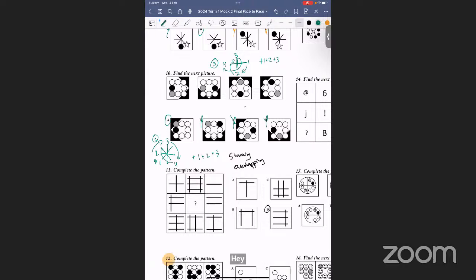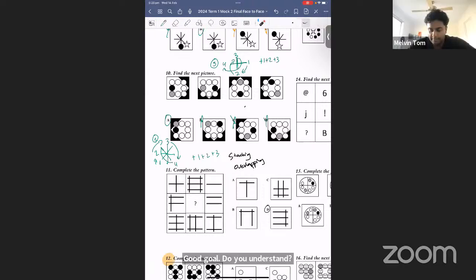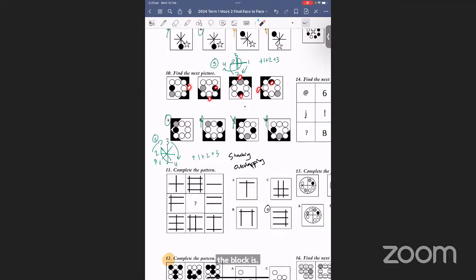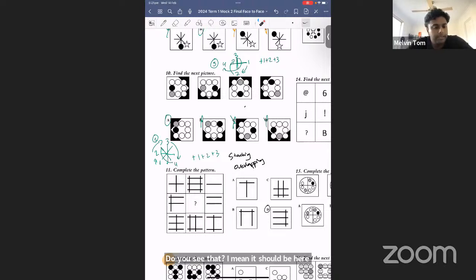Do you understand? Yes. All right. And finally, the pattern for the black is basically wherever the arrow was pointing in the previous image, that's where the black is. Do you see that? Yes. And then it should be here. All right. Next we have